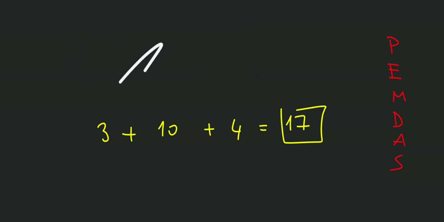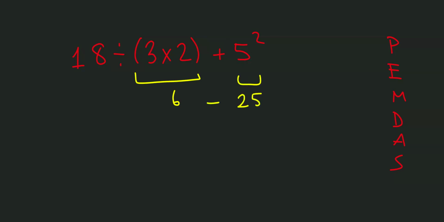Another example. 18 divided by 3 times 2 plus 5 squared. So if you look at the expression, we have division, parentheses, and in parentheses there is multiplication, addition, and exponent. So let's start with the parentheses. 3 times 2, which is 6. And we can also take care of the exponent. 5 squared, which is 25,